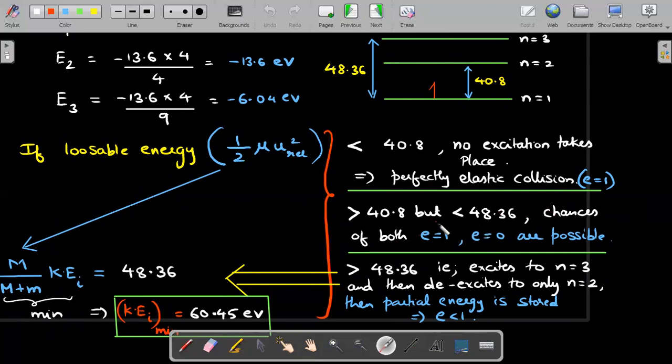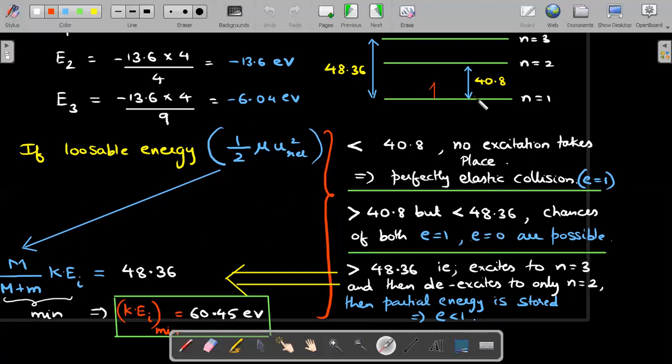I think e equal to 1 is possible if, remember, every time the neutron has energy more than 40.8 doesn't mean the helium atom gets excited. In this world of quantum mechanics, excitation is a probabilistic idea. It is not certain. Okay, so one thing's for sure. In the first case, if the energy is less than 40.8, definitely it won't get excited. But if energy is more than 40.8, it may or may not get excited. A very important point tested by IIT JEE Advanced many times. So greater than 40.8 means that it may get excited, or it may not.